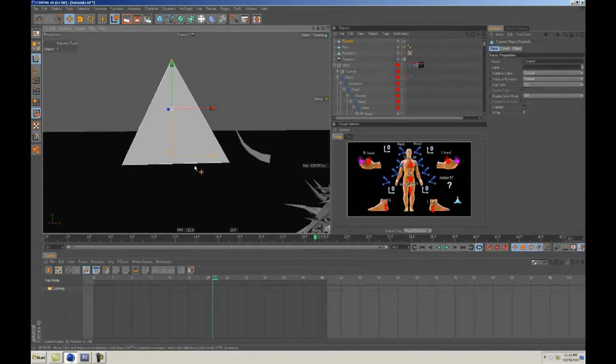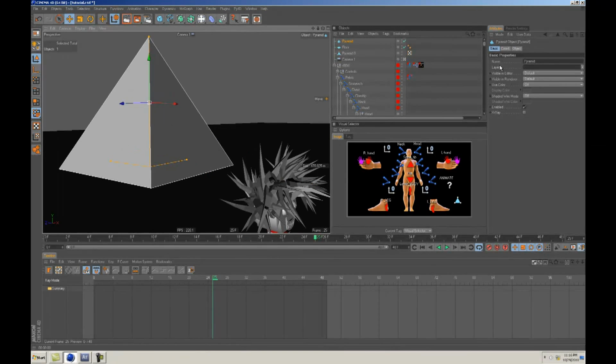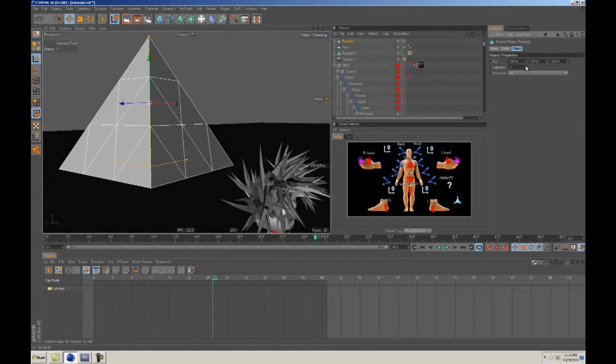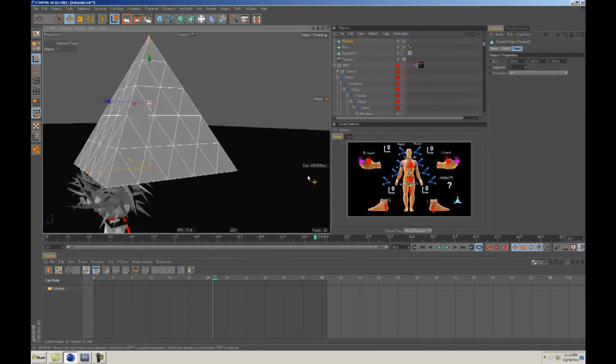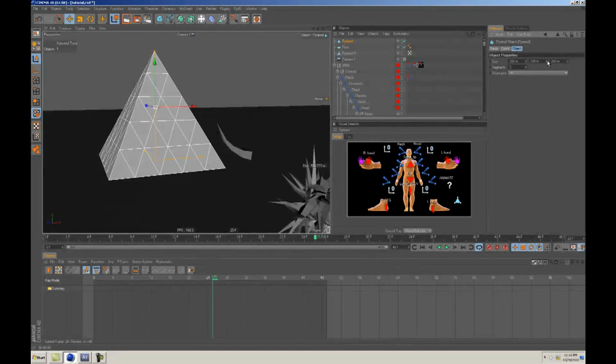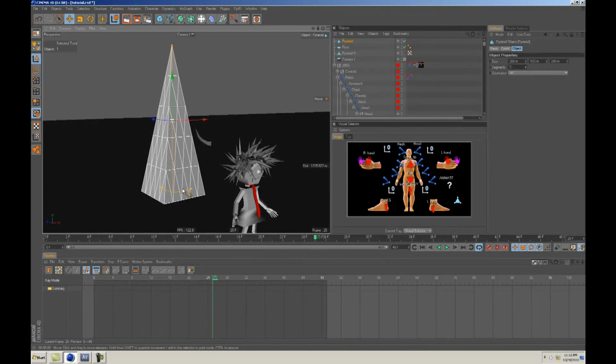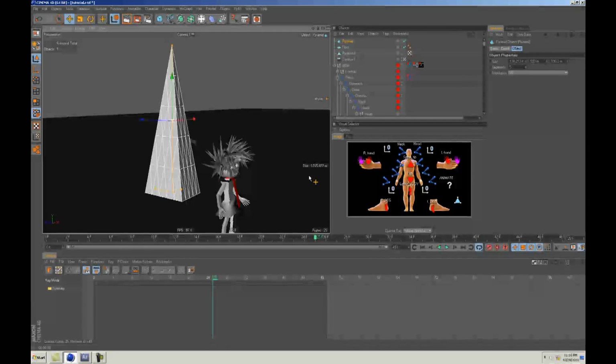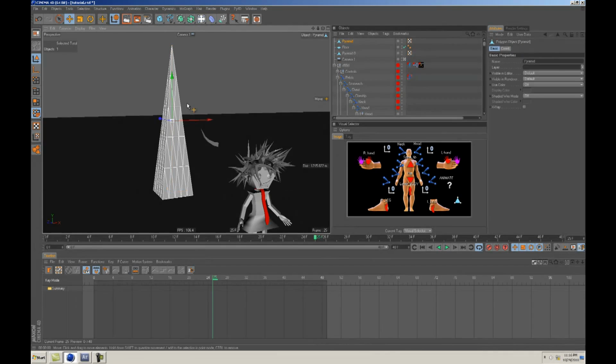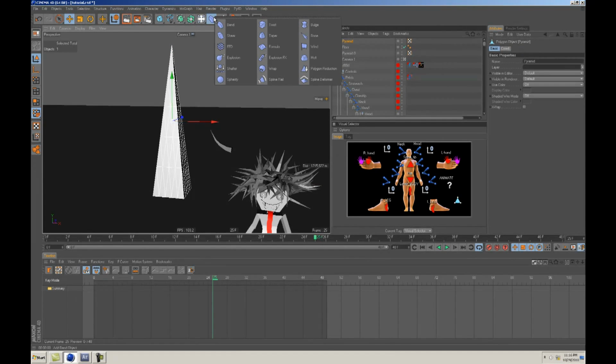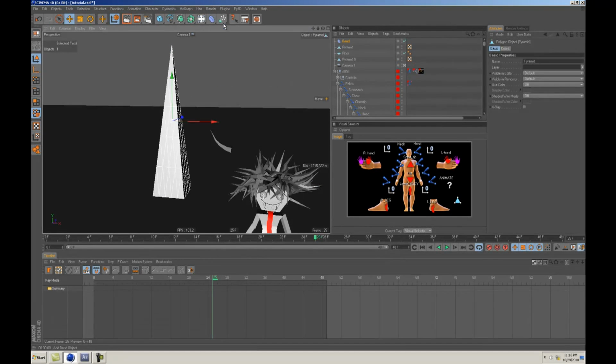I'm pretty sure it was just a pyramid, something like this, with more segments, or maybe I cut it with a knife. I can't remember. So it was just something like this. I'll make it editable, but I don't think I have to. Then get another deformer, and I think I just used a bend deformer,